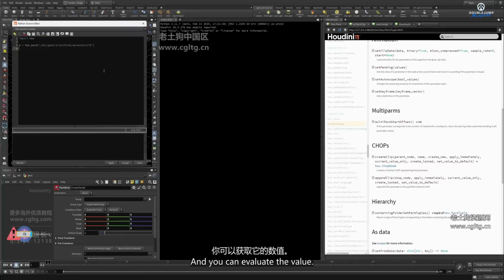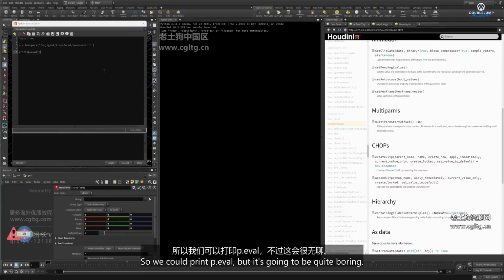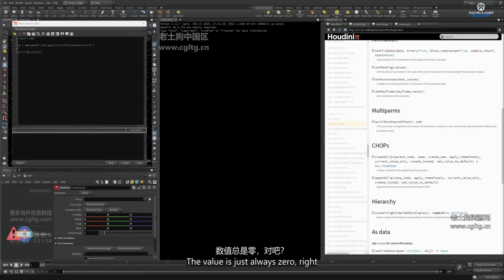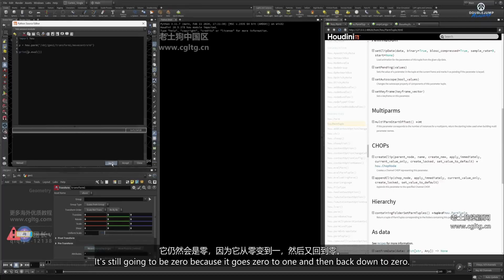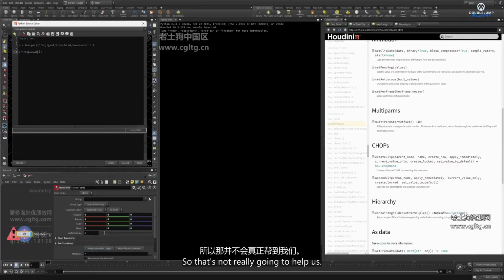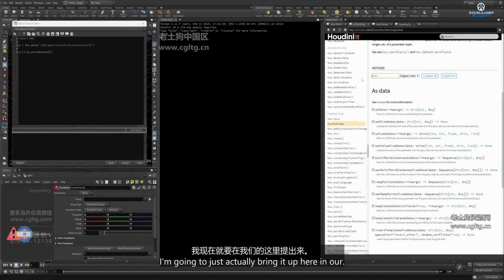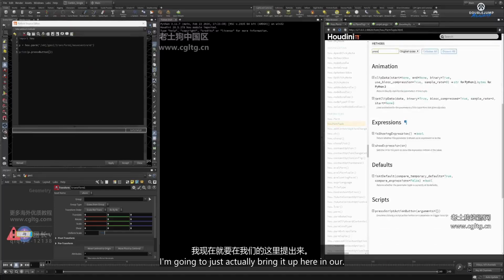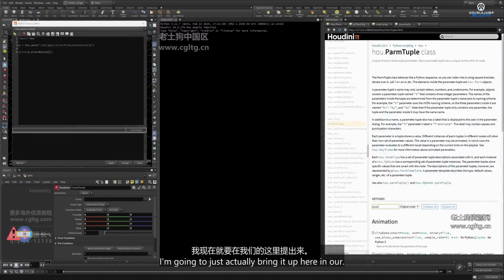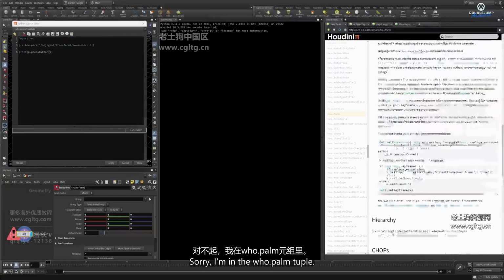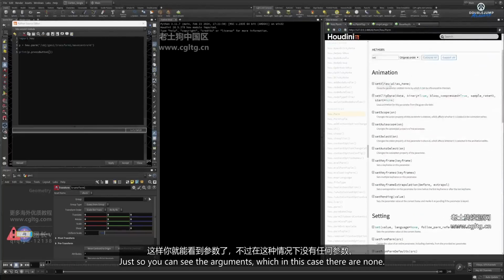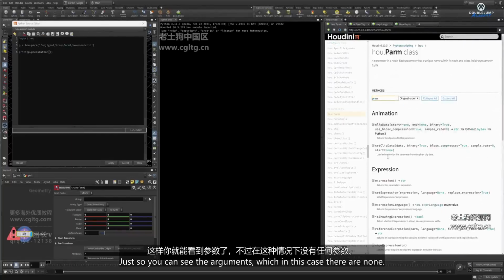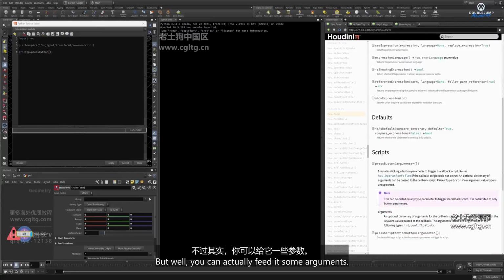And you can evaluate the value, so we could print p.eval, but it's going to be quite boring. You're going to see that the value is just always 0, right? It doesn't even matter if I've clicked it, it's still going to be 0 because it goes 0 back to 1 and then back down to 0. So that's not really going to help us. But you can say p.pressButton, and this essentially just triggers, I'm going to just actually bring it up here in our oh no, sorry, I'm in the hou.ParmTuple, but let me do it in our hou.Parm just so you can see the arguments, which in this case there are none, but well, you can actually feed it some arguments, but